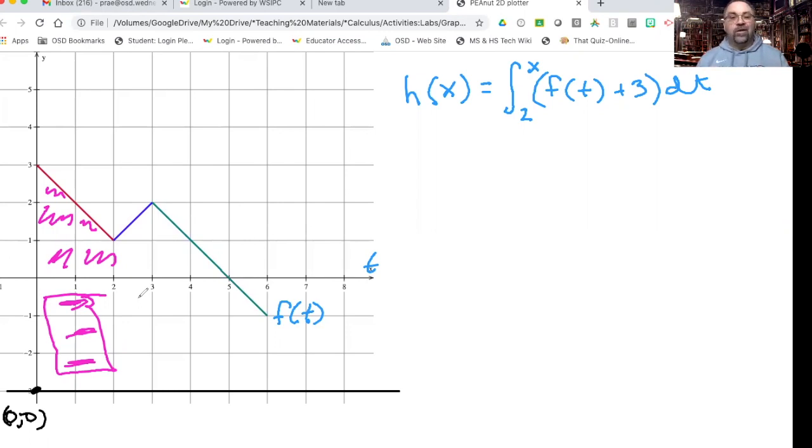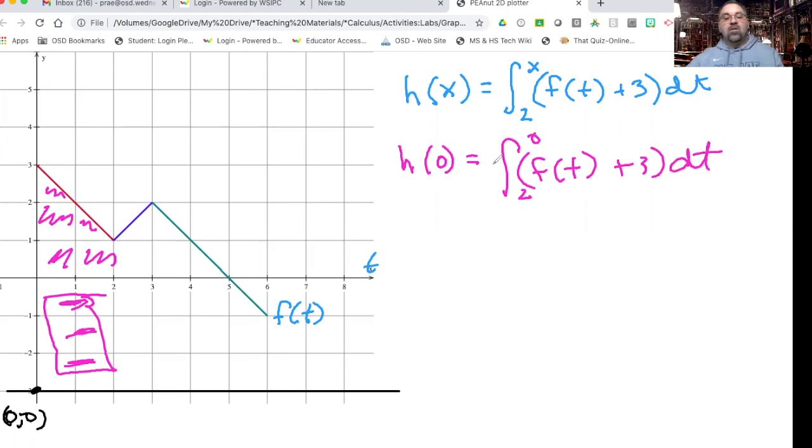So h of 0, if I want to find h of 0, well, that's the integral from 2 to 0 of this function, f of t plus 3 dt. Well, I knew this was going to be -4, so I'm just going to add this on down here, which is a -6 more. So we know we're going to get -10. And that's the idea with the graphical part of this, looking at that area model and saying, oh, okay, so when I find h of 3,